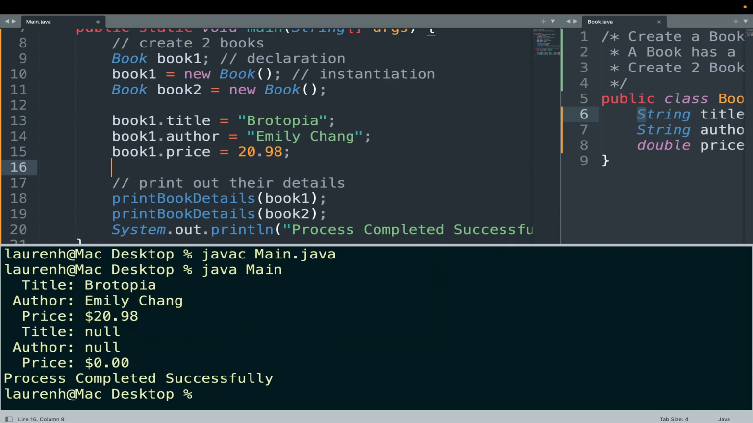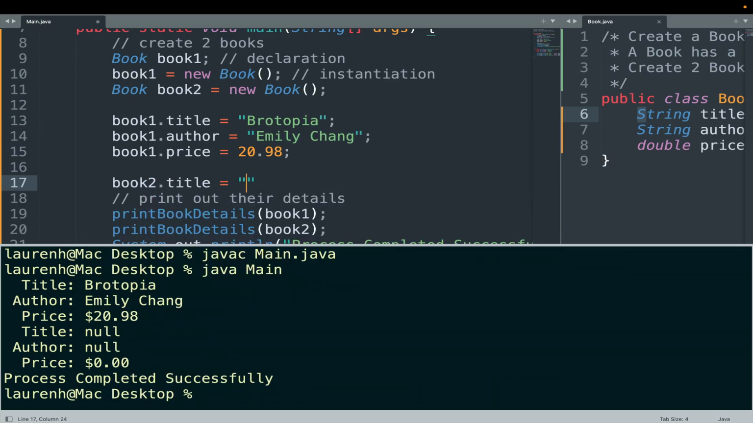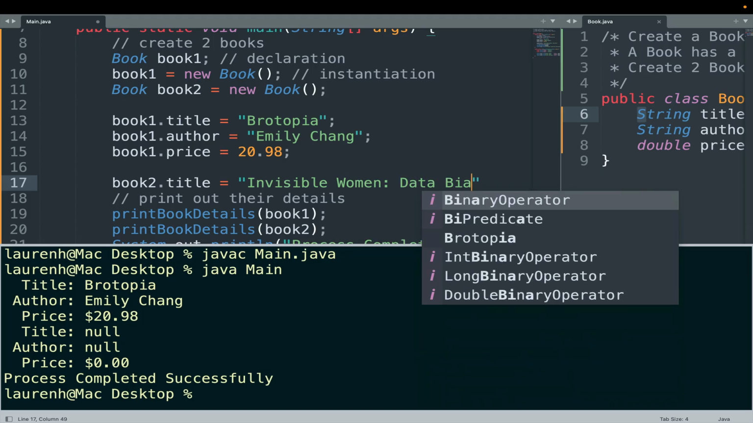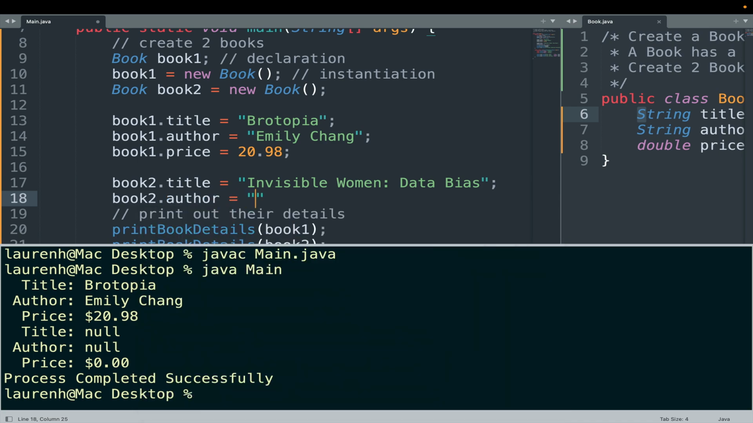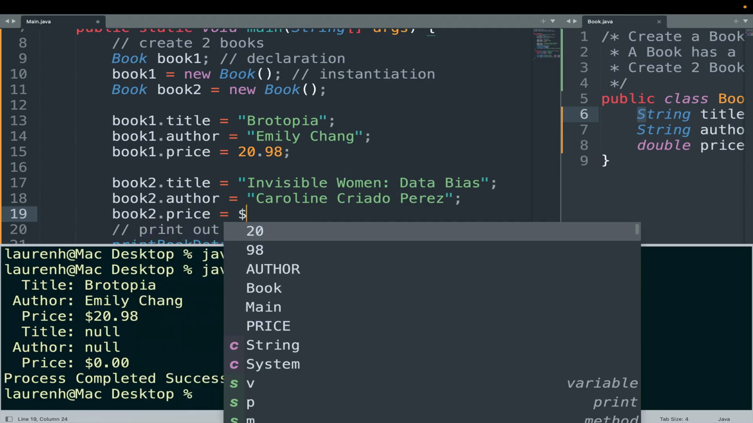So here's our book 1 values. Let's go ahead and give book 2 a title. Let's go with Invisible Women, Data Bias. Another fantastic book if you're looking for any book recommendations in the field. We have our author, Caroline Criado Perez. What did I say? Criado, I didn't spell it right. There we go. And we, of course, need our price for this book as well at, let's say,